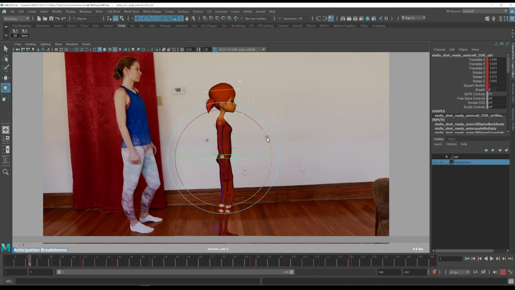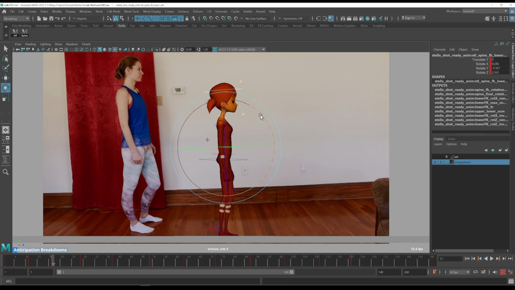So we need to give a little bit of the motion in the hips here. And then even more. Maybe more with the spine. And here